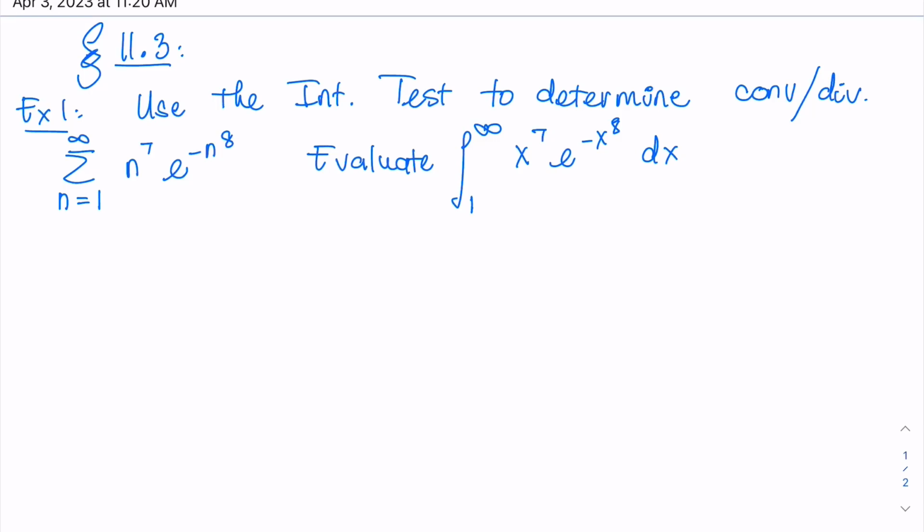Determine whether the series is convergent or divergent. So the series you can see right here, we have to first check all the conditions for the test. For the test, f of x is x to the 7 power, e to the negative x to the 8 power. This function has to be continuous,